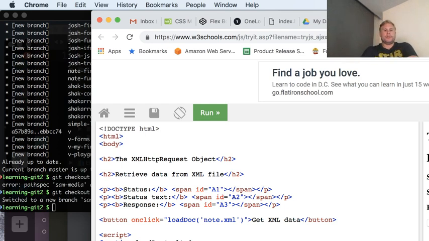So you have to declare an XMLHttpRequest. You have to look for an onreadystatechange. You have to check to see if the ready state is 4 and the status is 200, and then you can do something, and then you have to call the open and the send. Instead of doing all of this, in jQuery,